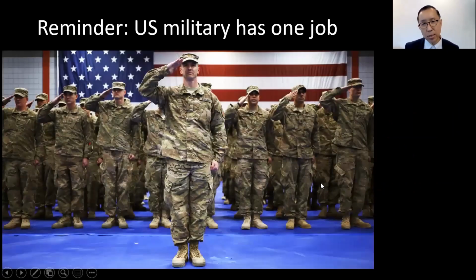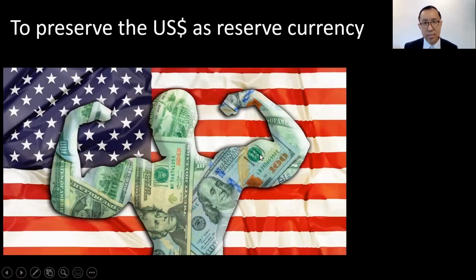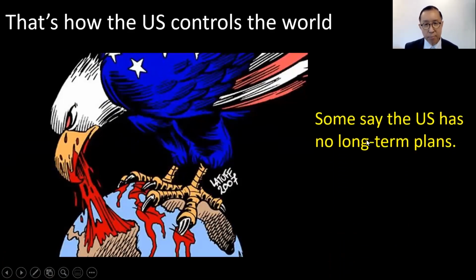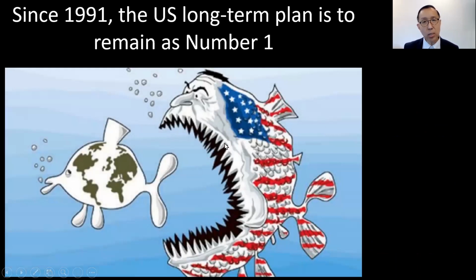A lot of people ask that question, but I have the answer. The US military has one job, and that job is to preserve the US dollar as a reserve currency. It's because of this that makes the US empire what it is today. Some people say that the US has no long-term plans. I disagree. They have. Since 1991, when the USSR collapsed, the aim of the US leaders is to remain as